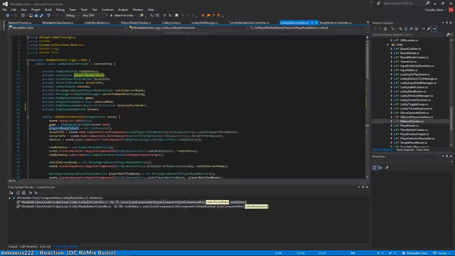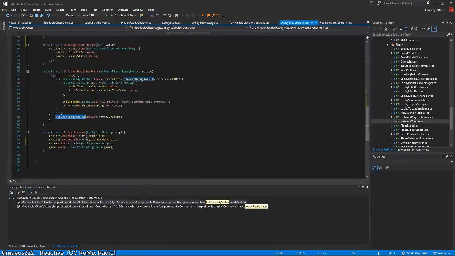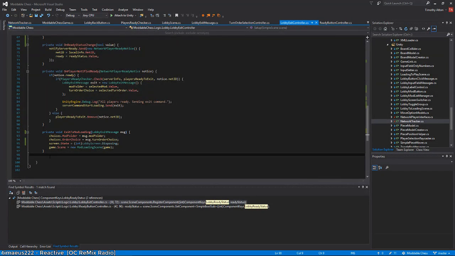In this lobby exit controller. Exit to mod loading. And I'll make something else here. Exit to